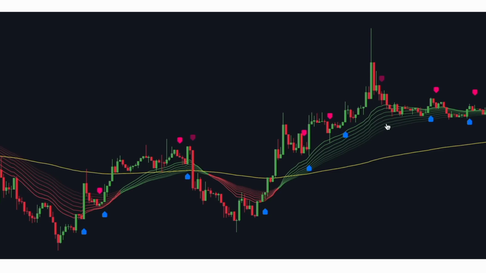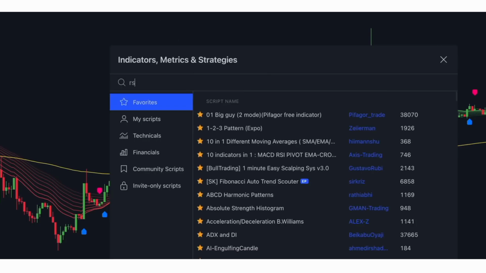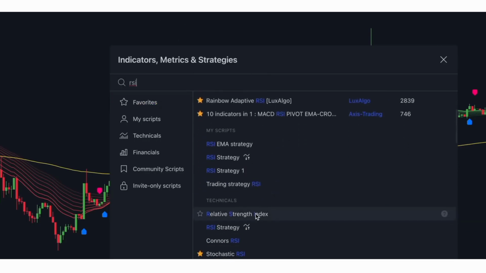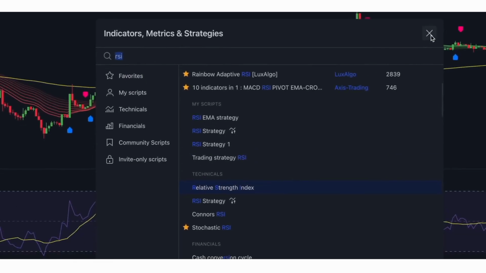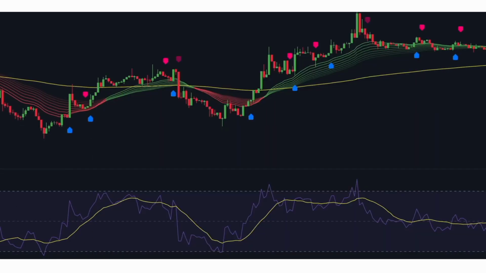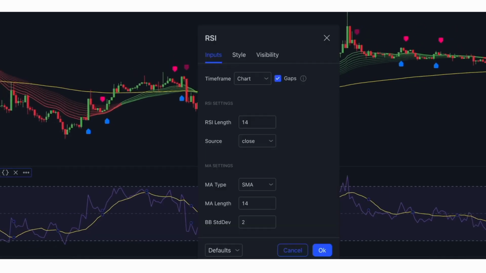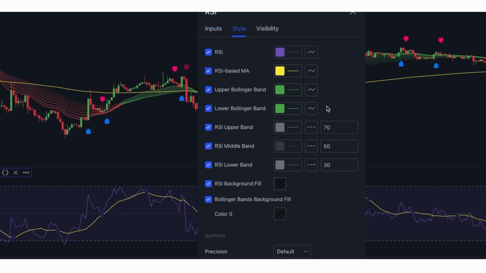That's why ChatGPT suggested using the relative strength index as secondary confirmation. As you probably know, the RSI is used in trading to measure the strength of a security's price action. It is displayed as a line on a chart that ranges from 0 to 100. When the RSI is above 70, it is generally considered overbought, and when it is below 30, it is generally considered oversold. As part of our strategy, we will make the RSI more sensitive. This way we will get more valid trade entries. So open the style of the indicator